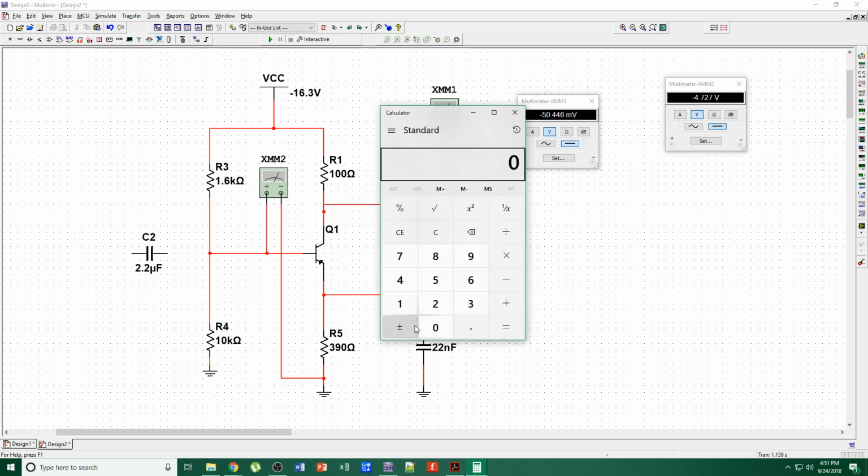Which, if we do 16.3 minus 8.15, which is what our voltage across the emitter and collector should be, subtracted by 1.6, which is the difference of the base and the source, divided by my current value, which is 16 milliamp, gives me 409 ohms, which I chose 390. So 390 will be the voltage of the collector,